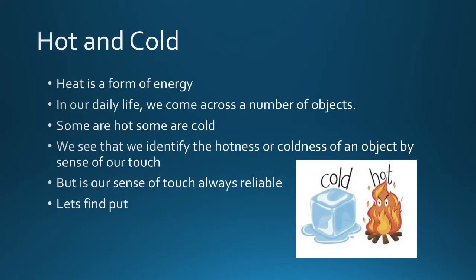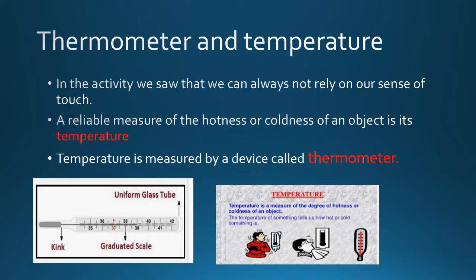First of all, here you can see that an object is cold and an object is hot. But how do we know? I'm asking you the same question again and again because I want an answer. So find out the answer. Thermometer and temperature. In the activity which I am going to tell you now, you only need 2 to 3 requirements, and then we can conclude what our answer is.